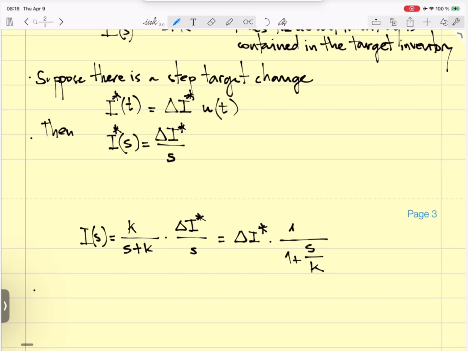And if we use the Laplace inverse transform, we get that